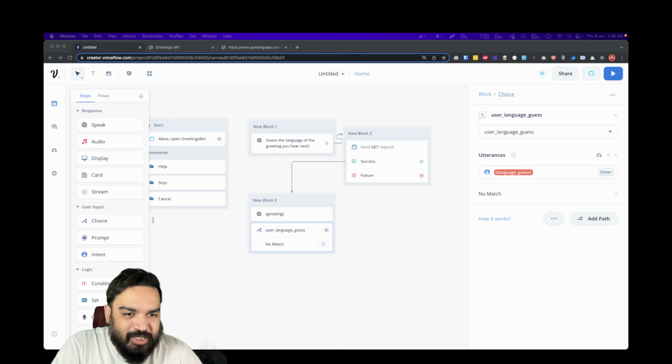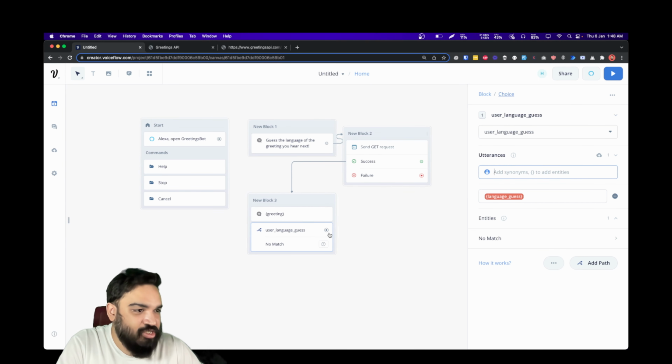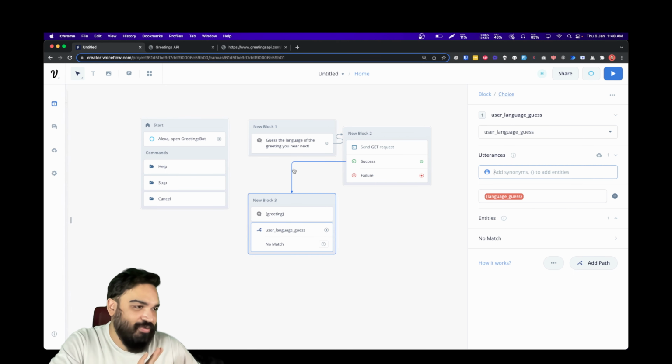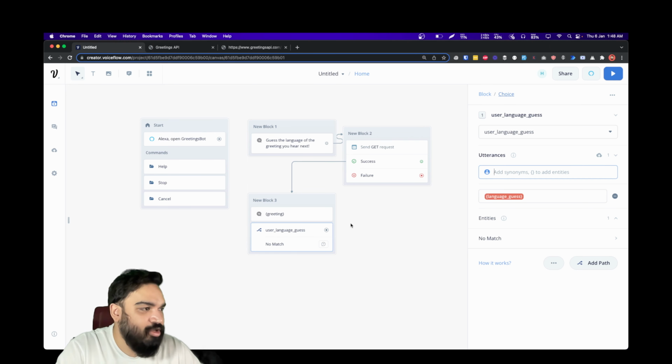Now if the user doesn't respond anything, right, so don't forget to click enter and add it, otherwise it will not work. Now if there is no match, also add a response here, which I will leave for you to handle the other cases, right? Now if we have the response from the user, we have to check if it is the right one or not.